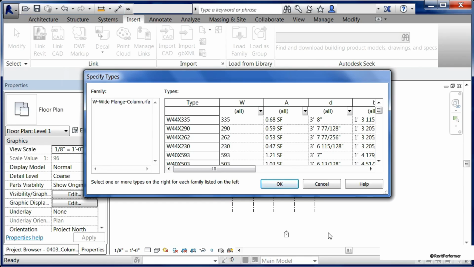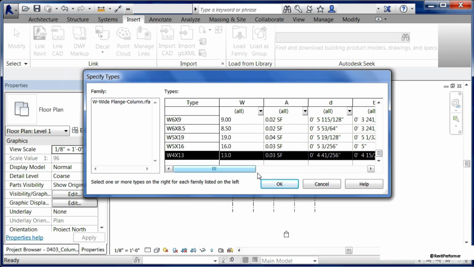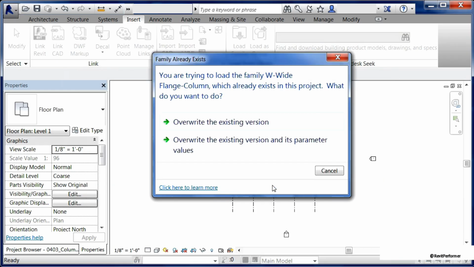By default, with structural columns, you'll get a list of all the different sizes that are available. So instead of loading all those sizes in at once, the structural columns will allow you to choose which sizes you want to load off of the list. And you can see that you have basically the entire structural steel catalog and its sizes loaded here into the project. Just so you can see it, I'm going to highlight the very last one, the W4x13, and click OK. It may give you a big warning message saying, do you want to override the existing version? And that's okay. Go ahead and do that. It's not going to actually hurt anything.